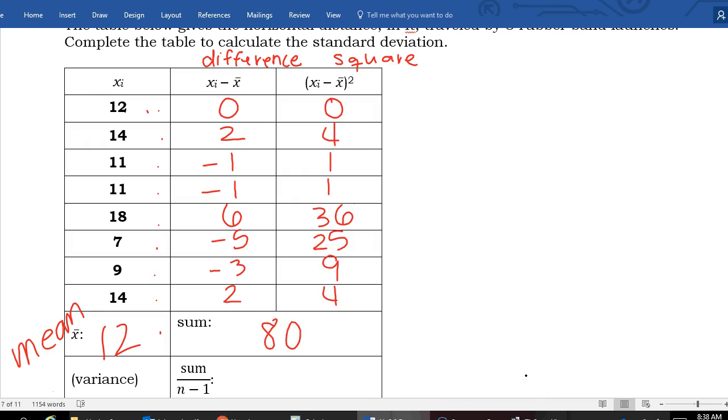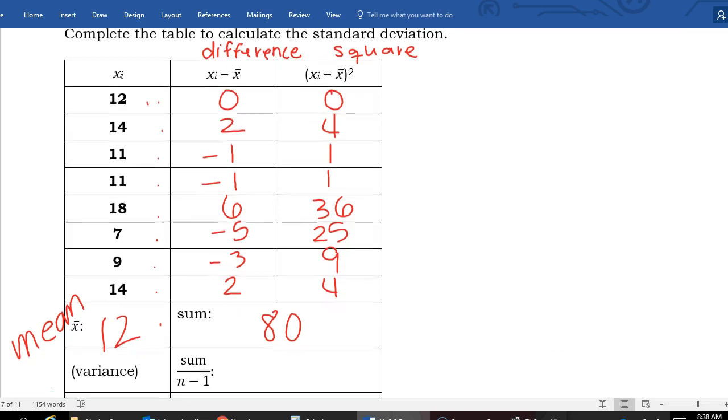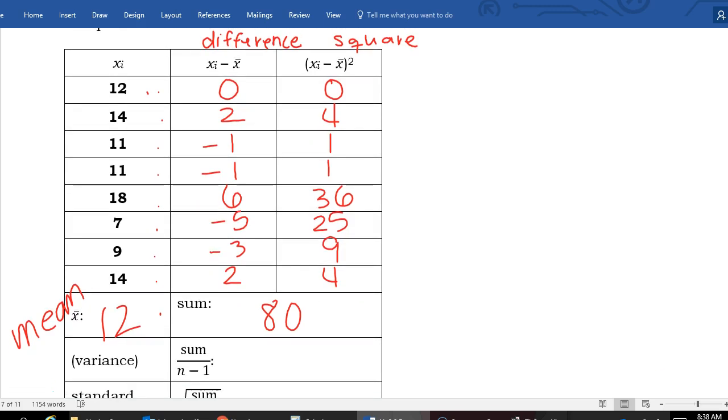Now we all know how to do a mean. We add all the numbers and divide by how many there are. Next step is called the variance, which is almost the same as the mean. We're going to add all the numbers, which we just did, and then we're going to divide by one less than the number of numbers. That's this sum divided by n minus 1. So I added them all up, and I'm going to divide by 7 because I have 8 numbers. We divide by one less than the number of numbers. So 80 over 7